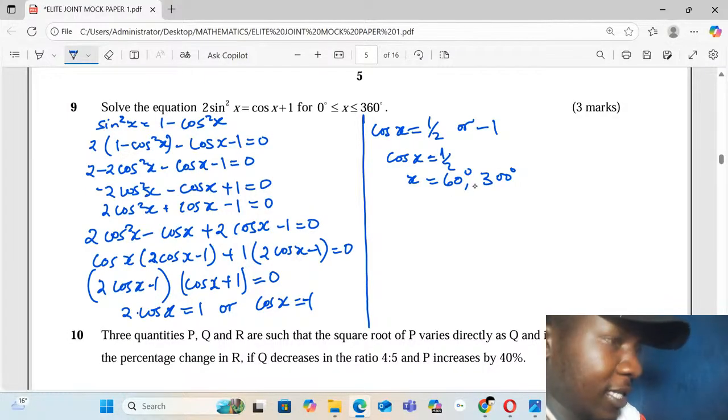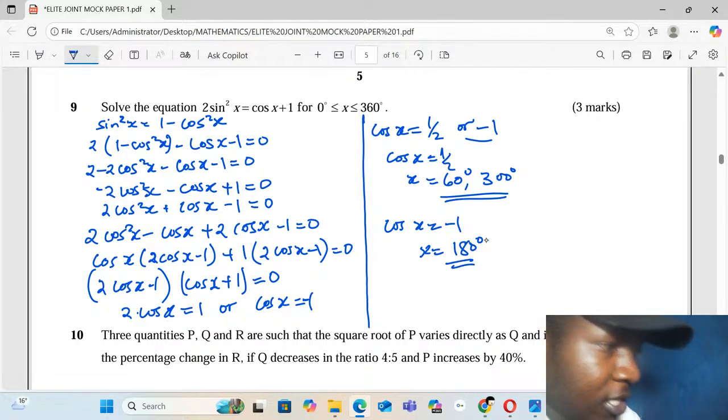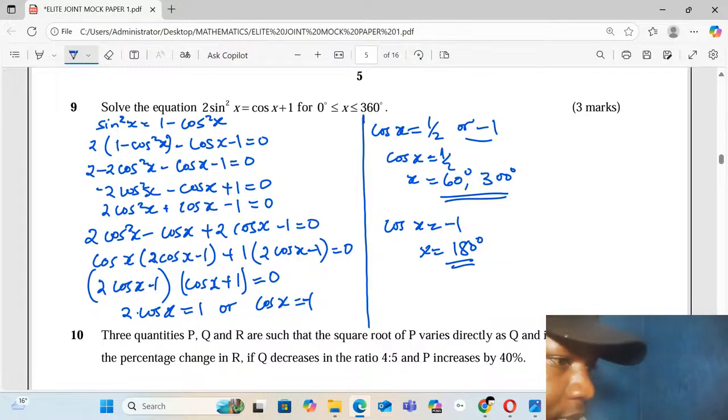Then when cos x is equal to negative 1, x will be equal to 180 degrees. So that is how we arrive at that answer